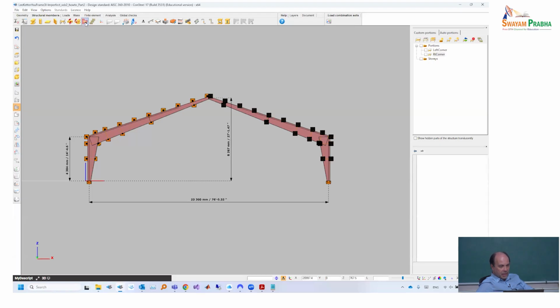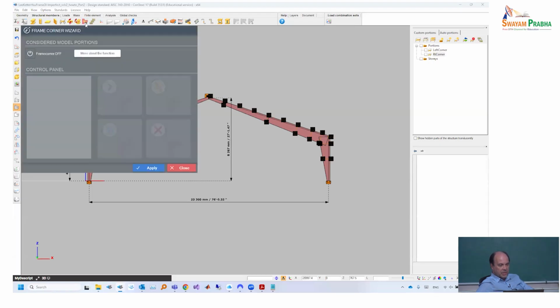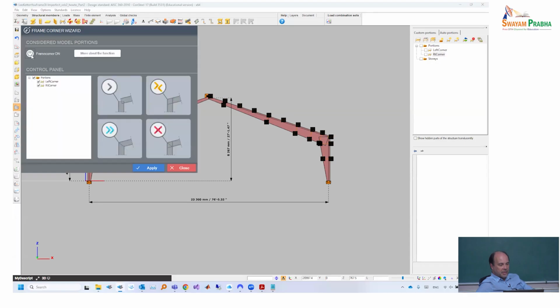And now we can come to this frame corner wizard. And what we can do now is we just say that